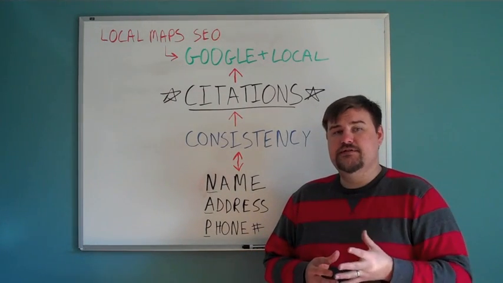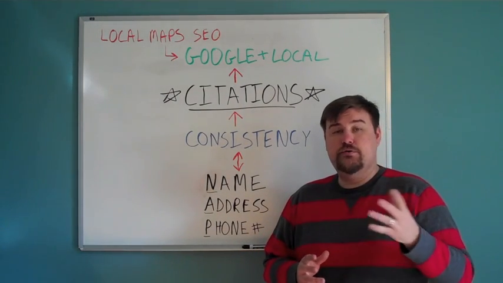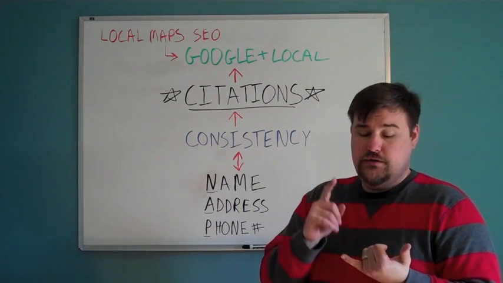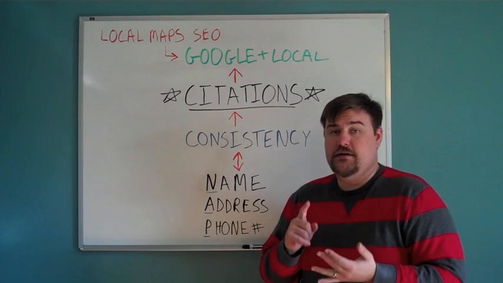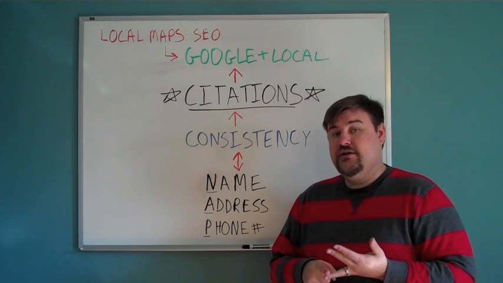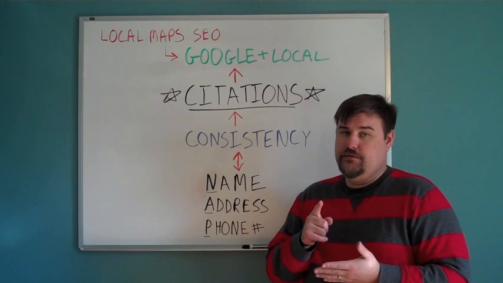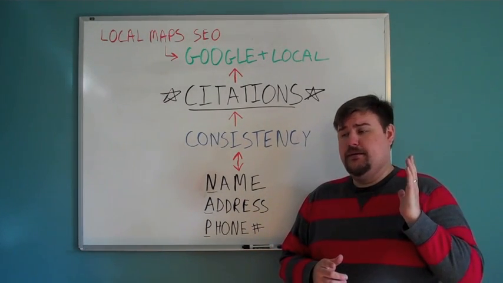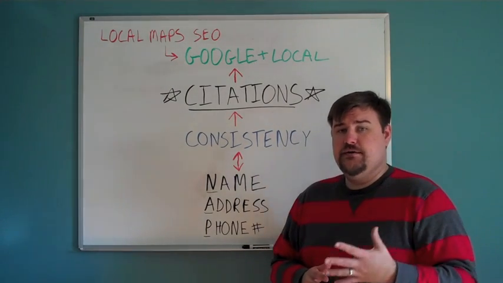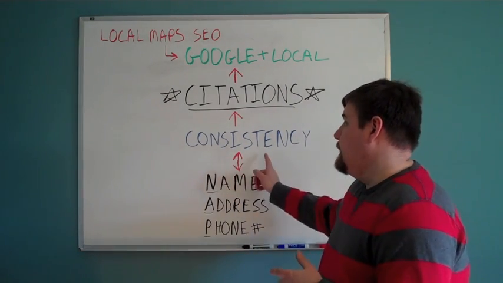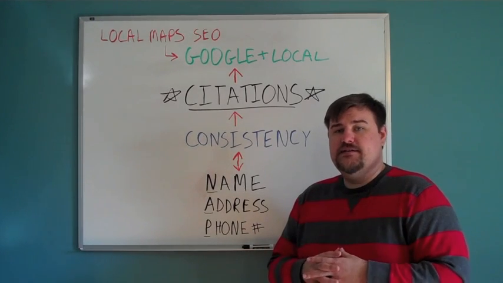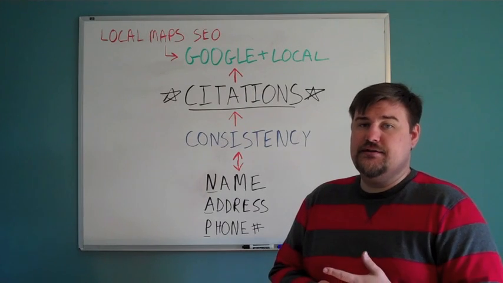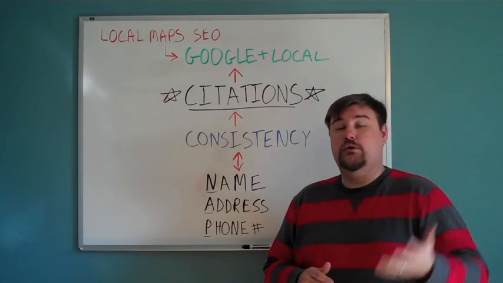Again, that's the reference to your business. The Google Plus local listing is actually a citation in itself, where it has a list of the name of your company. It has a list of where your address is, what your phone number is. It may have your website address. And really with citations, the key here is consistency. And what this does is it builds credibility for your company in the local region. It establishes that you are a local business.